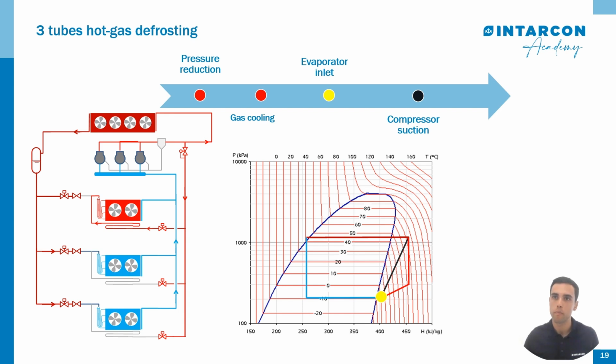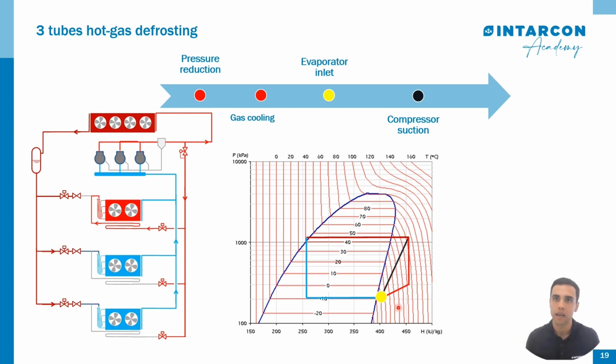We now explore the 3-pipe hot gas defrost system, an efficient and simplified alternative that optimizes operation and reduces thermal stress on the evaporator. By means of a pressure switch valve, the hot gas pressure coming from the compressor station is reduced to 1 or 2 bar above the evaporating pressure. This expansion reduces the temperature of the hot gas by 10 or 15 K, reaching temperatures of approximately 60 or 50 degrees, depending on the working pressure of the compressor.